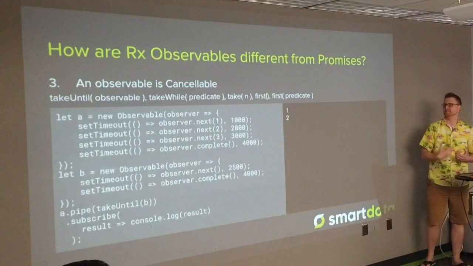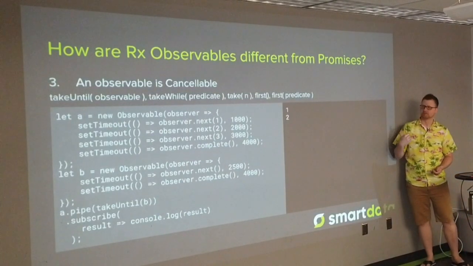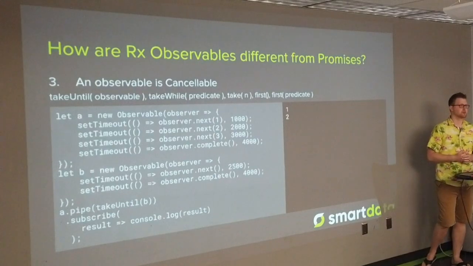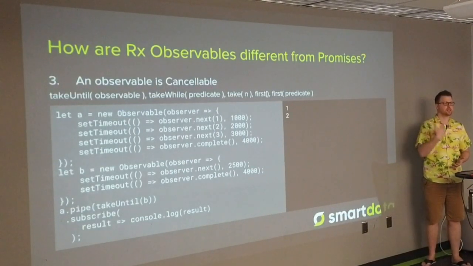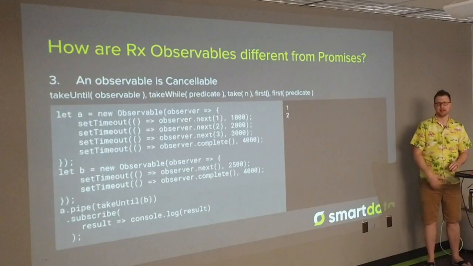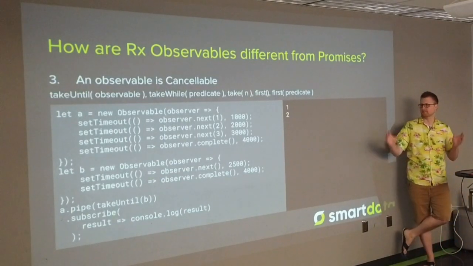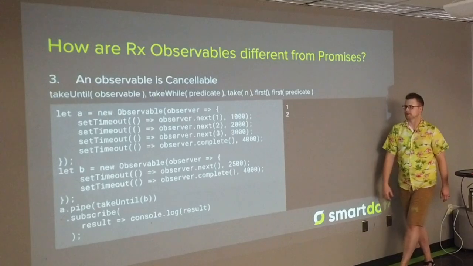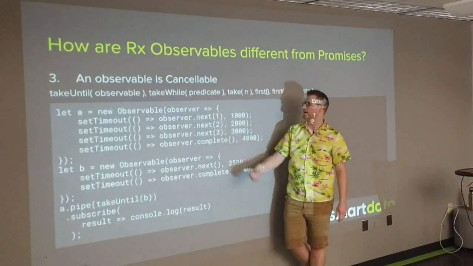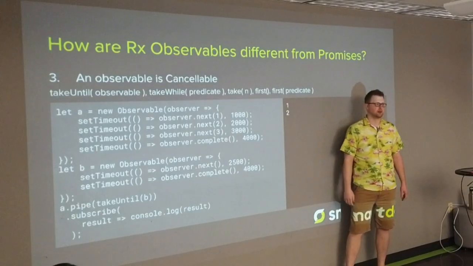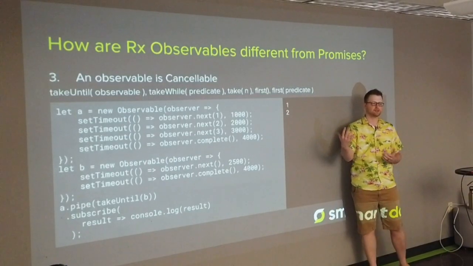So the third main difference between Rx observables and promises is that an observable is cancelable. At any point in time, you can kill the observable and it will garbage collect, clean up everything. And some of the main ways that you can kill observables are using these: take until, take while, first. Some of those things, what will happen is,